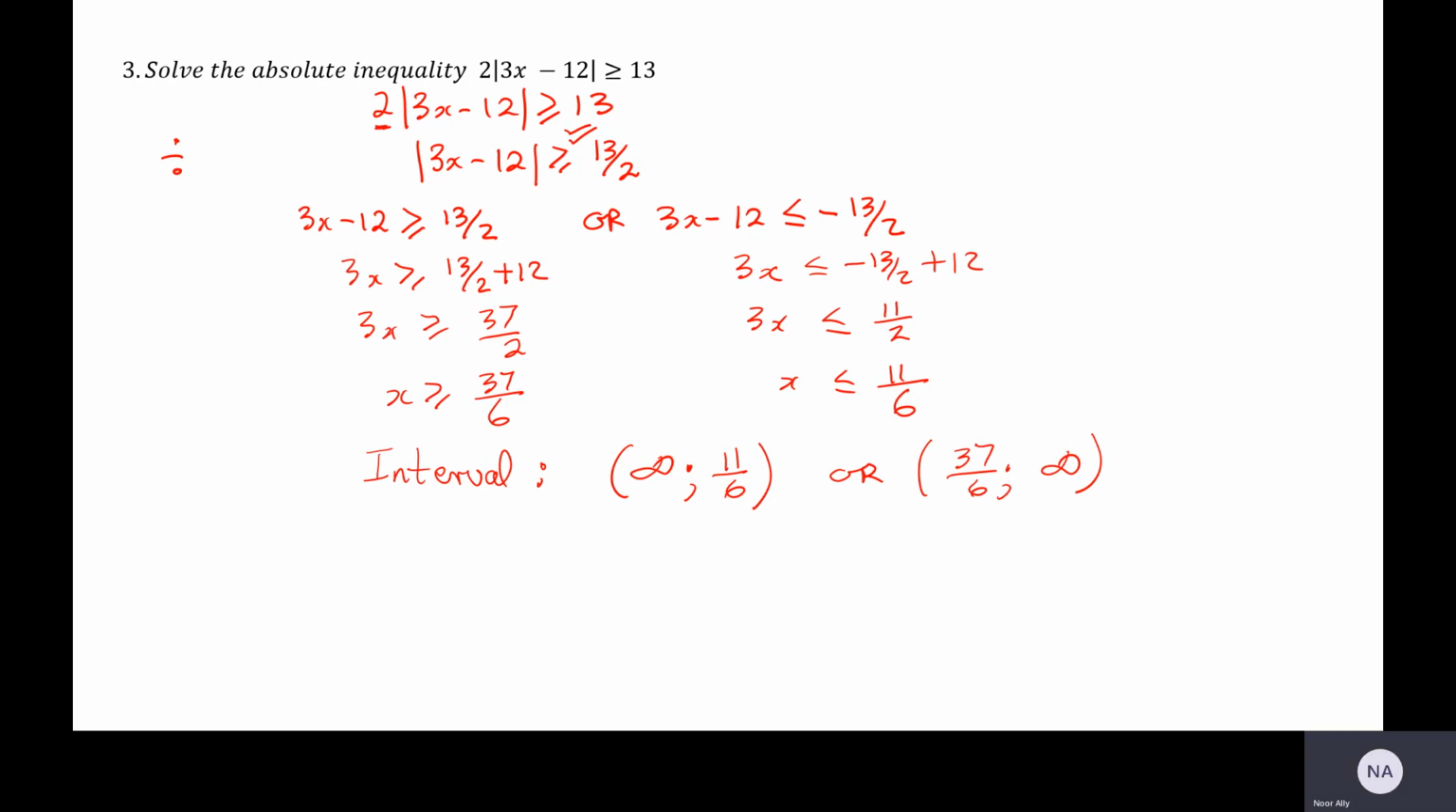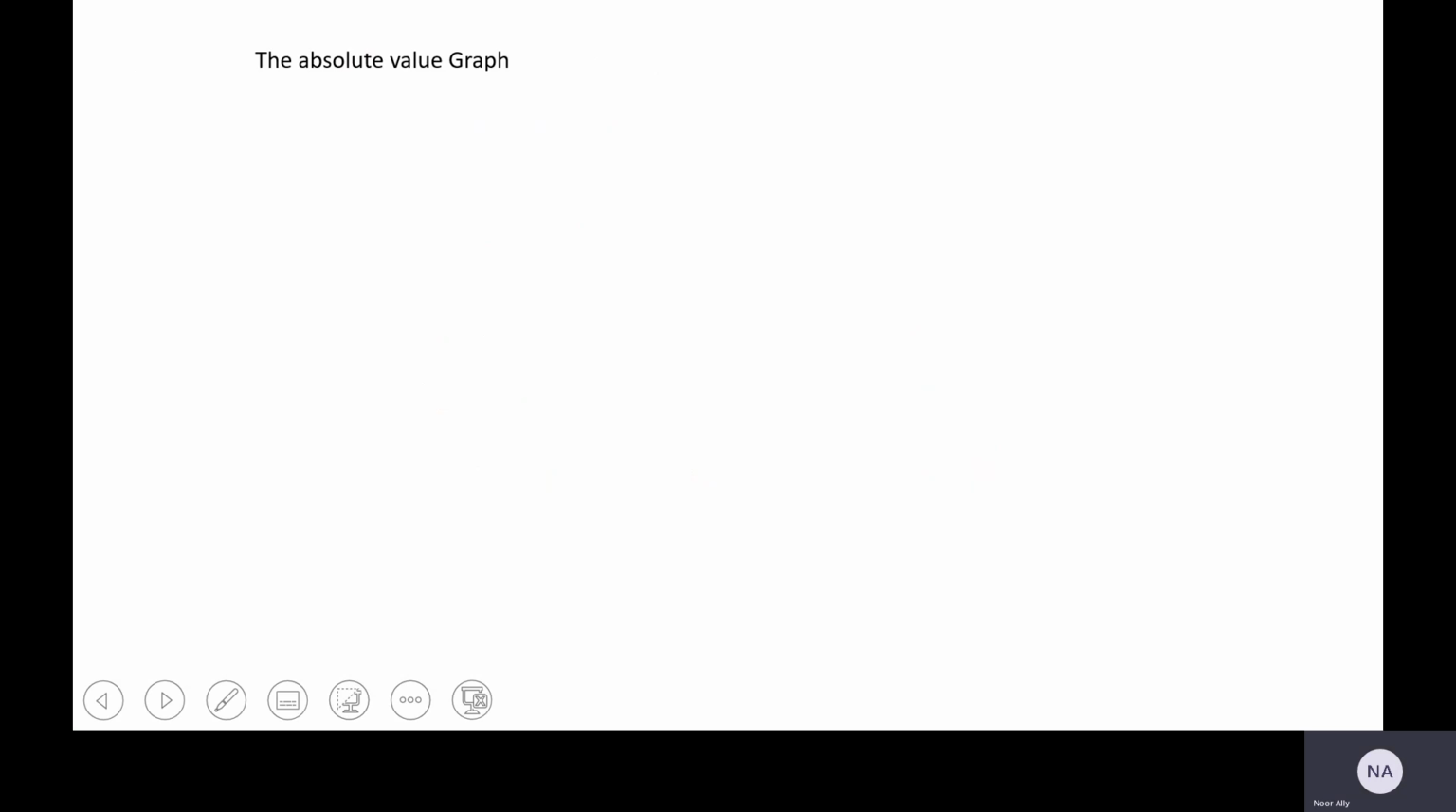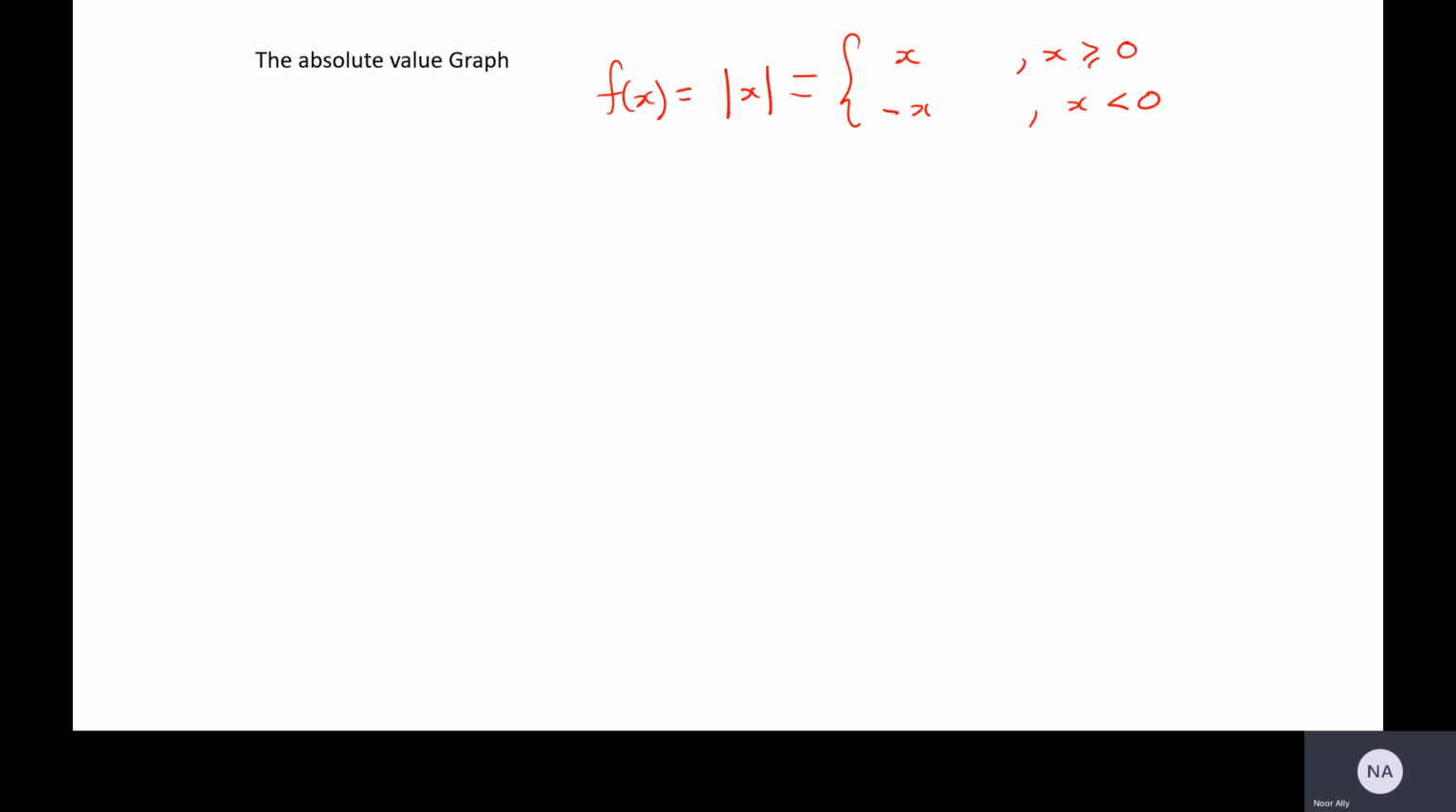Right. The last step is the absolute value graph. Now, let's just quickly recap. The function f of x is equal to the absolute value of x. And that, by our definition, is equal to x when x is greater than or equal to 0, minus x when x is less than 0. What this has done now is divided